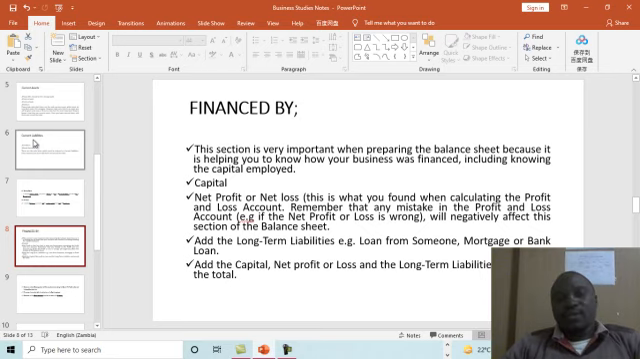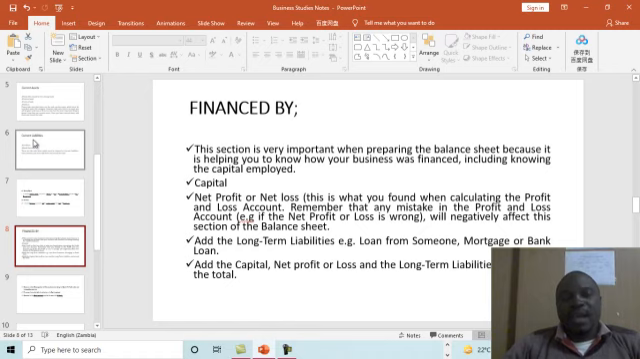Now, the next part of the balance sheet is the financed by part. Here we are simply saying that all those assets, all those current liabilities, all those current assets, they were financed by the following resources. So meaning here what we are saying is that there is a part which you, the owner